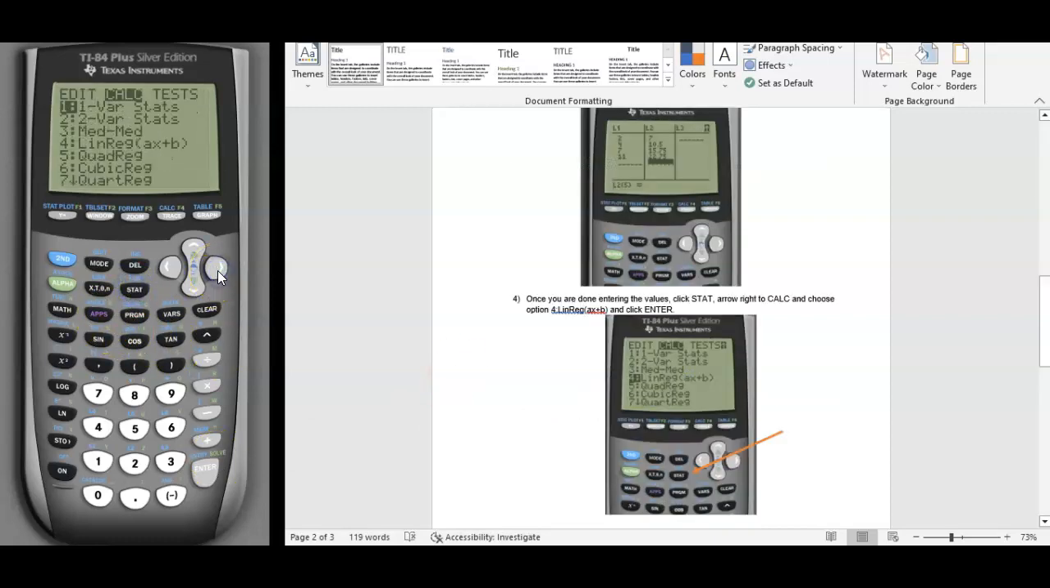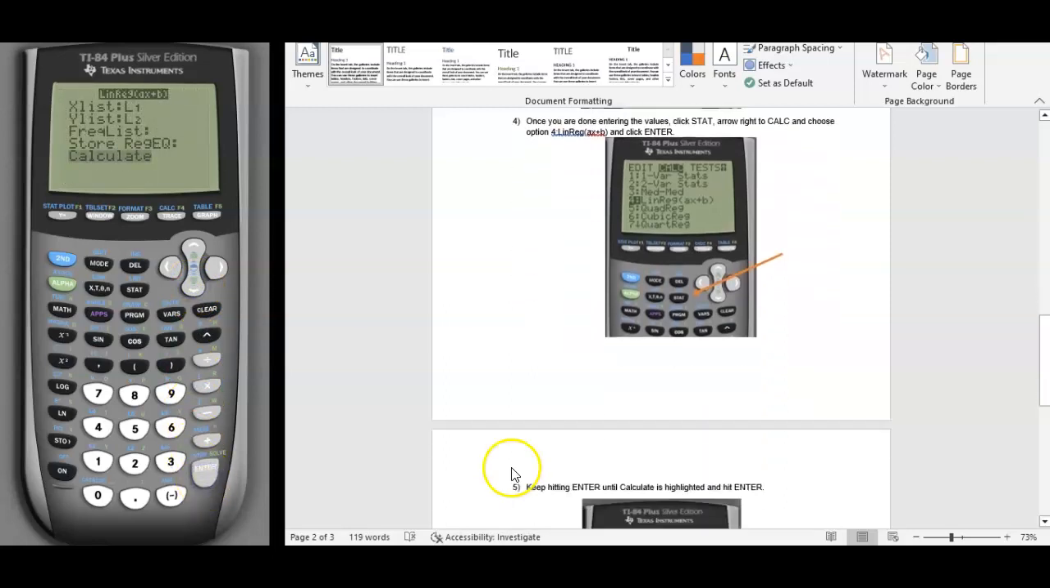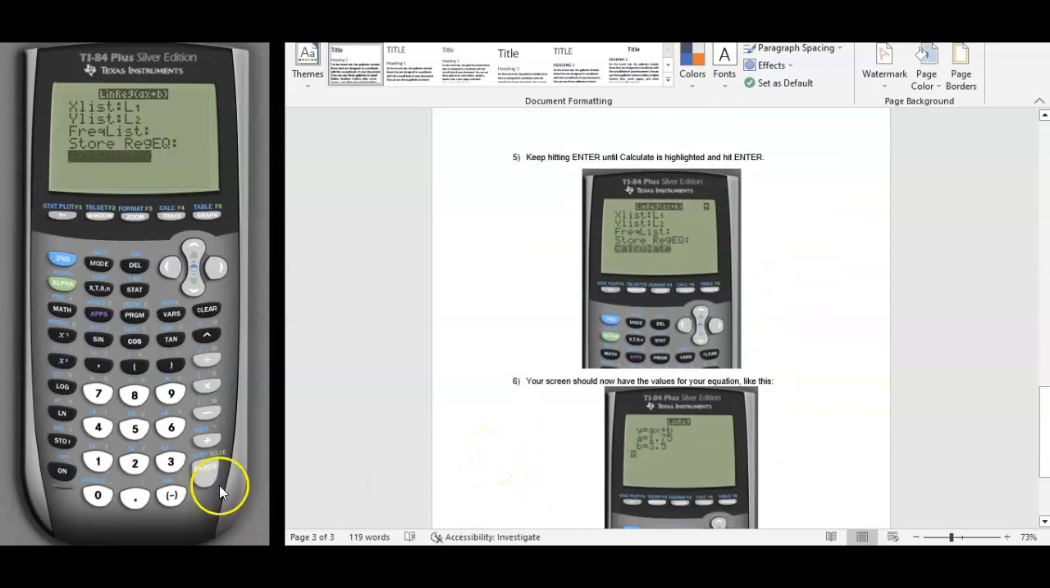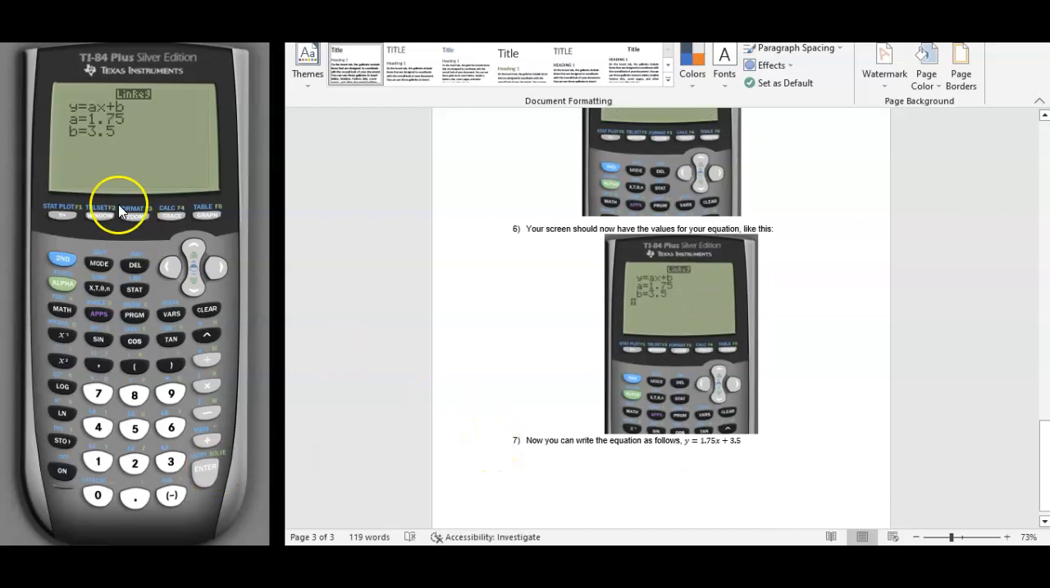So now that I have all my values entered, I'm going to click on Stat once again, and I'm going to arrow right to Calculate. I'm going to choose option 4, which is Linear Regression, and hit Enter. I'm going to keep hitting Enter until Calculate is highlighted, and then once Calculate is highlighted, I'm going to hit Enter again, and notice that it now gives me the values of A and B that I can use to